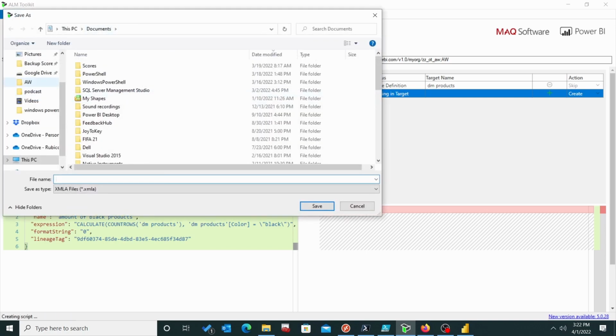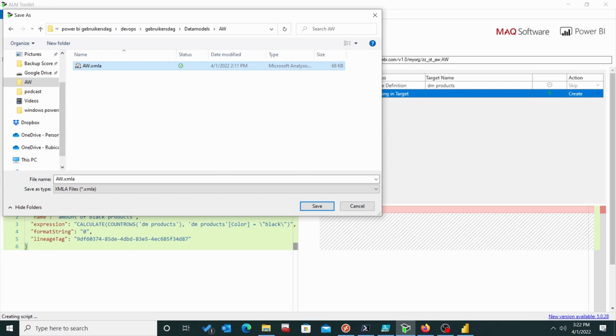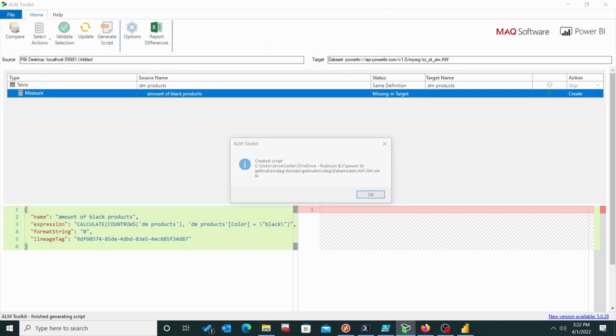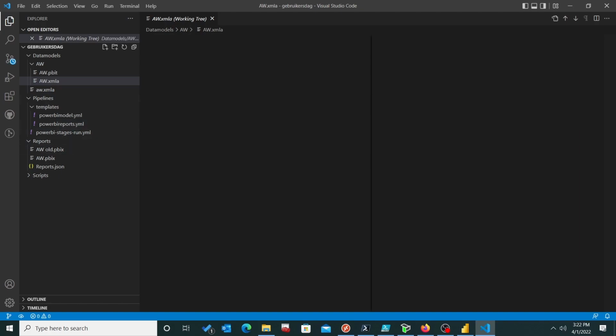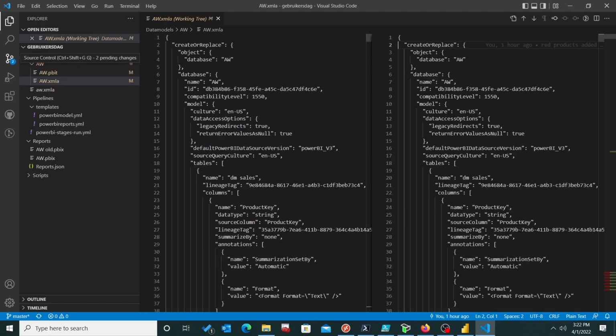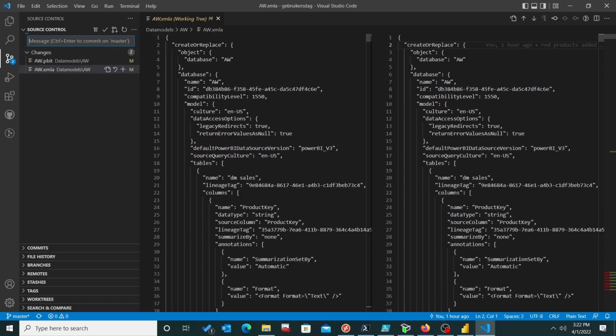And this script is exactly what I am talking about. XML for analysis services, which is ironically JSON actually, but it used to be XML. We can save it, override my data model, and now if I go to Visual Studio Code, I will be able to commit those two changes to my source control. Edit a new measure,